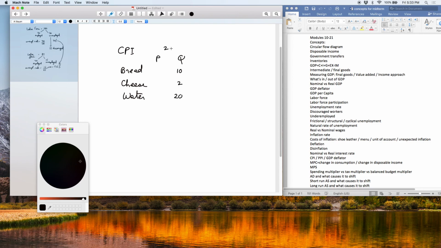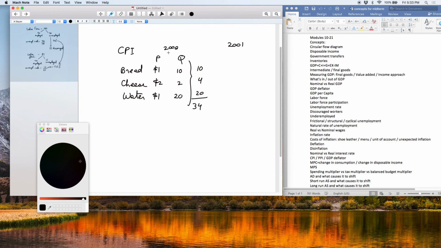Okay, so in the year 2000, the price of bread is $1, cheese is $2, and water is $1. So what's the value of this basket that I'm consuming? 10, 4, 20, so 34. Okay, so in the year 2001,